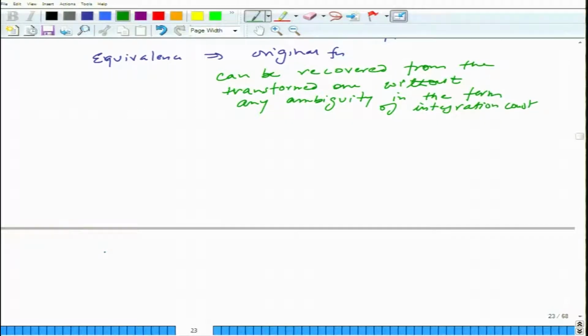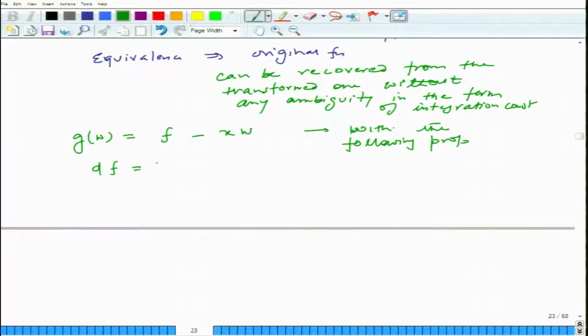So, let us assume that you have this g(w), which is basically the transform function. We are going to write it as the original function minus x multiplied by the first derivative of the function f, that is x multiplied by w, okay. So, this has the following property. First of all, df is w dx, right, because by definition we are saying w